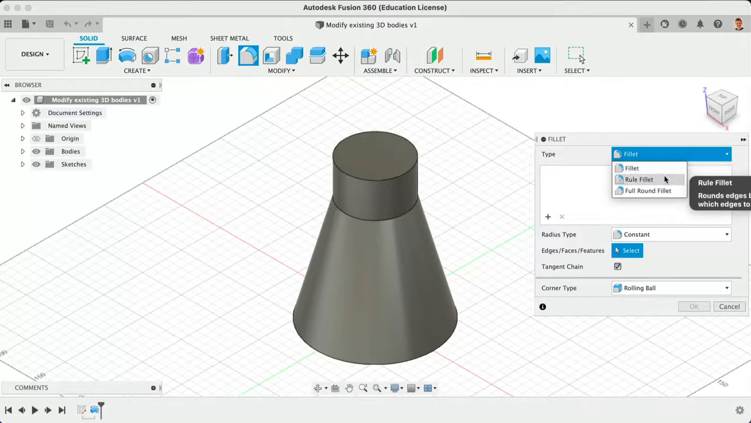Rule fillet rounds the edges based on rules that determine which edges to include. Use this when applying a large number of fillets. Lastly, full round fillet rounds edges over 3 adjacent faces, resulting in a full round over. I'd like to apply a fillet to the bottom edge of the tea kettle, so I'll leave this set to